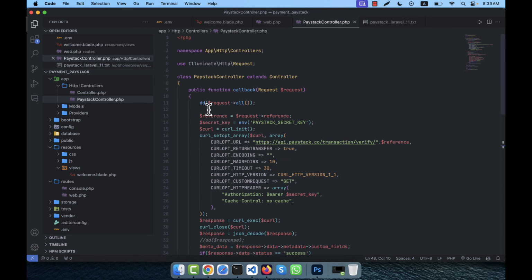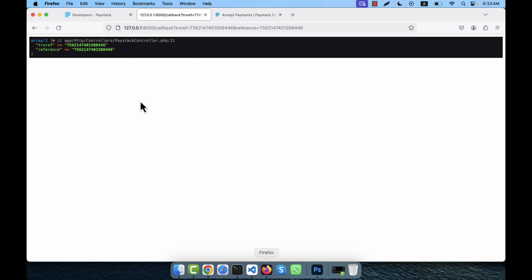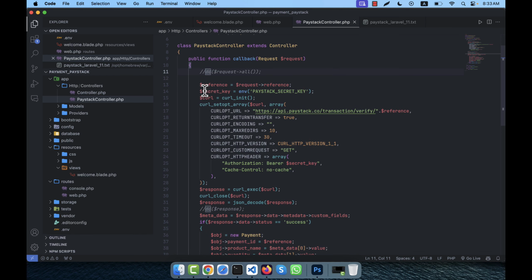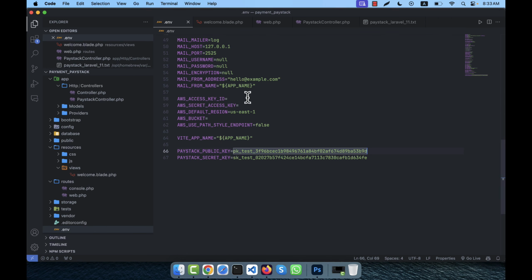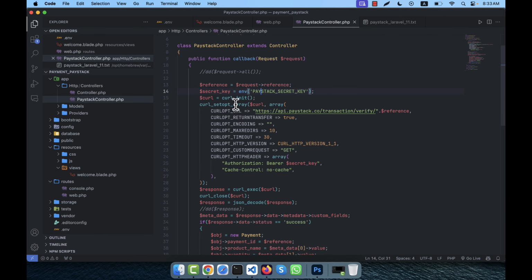Okay, so this one I stop now, and reference equal to request reference. As I have all the request in my hand, request reference means this data. With this data I am going in here, that is secret key equal to, from the environment variable I take the secret key, that means from here I get the Paystack secret key, and then call where I have